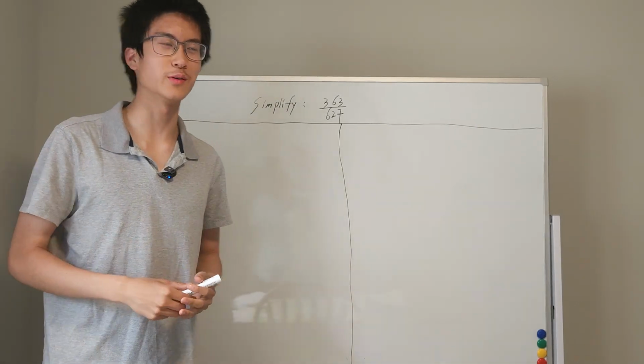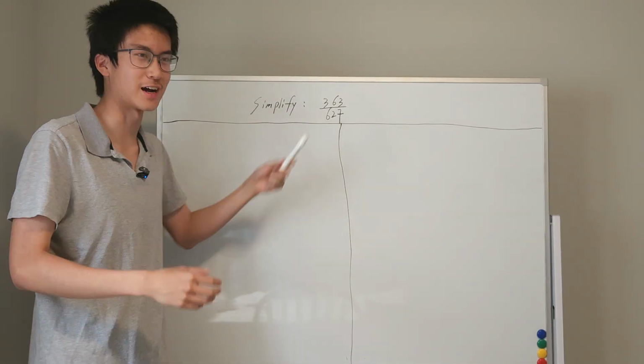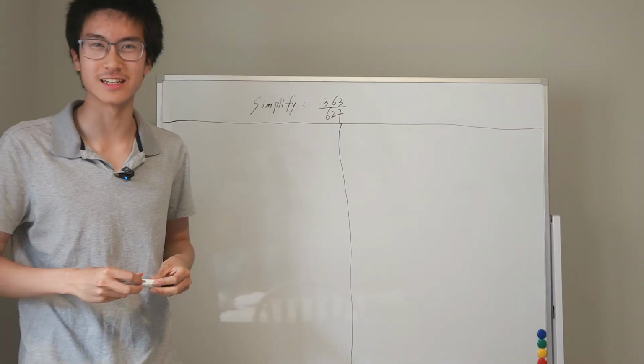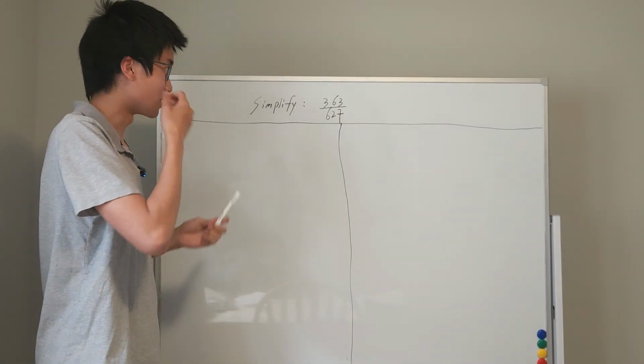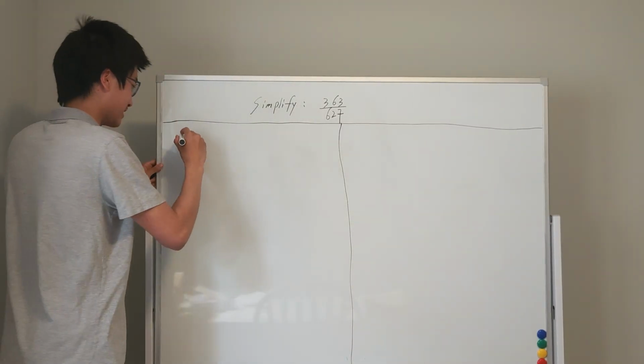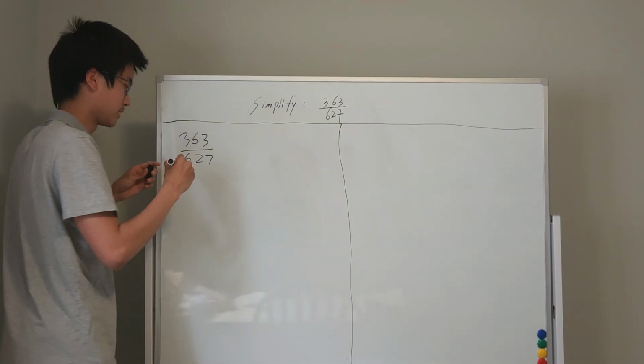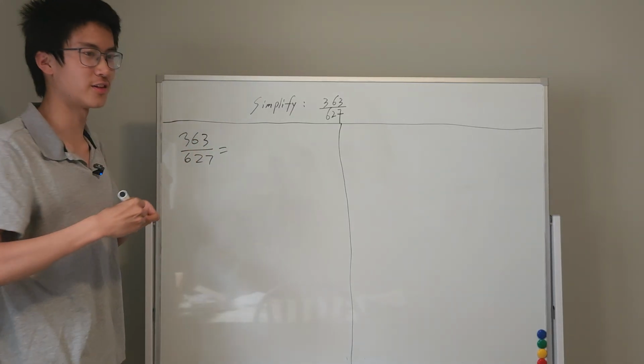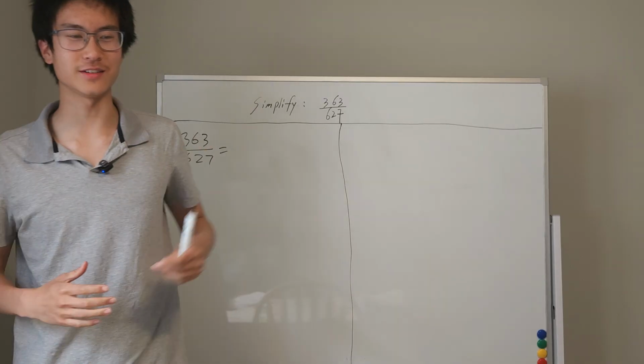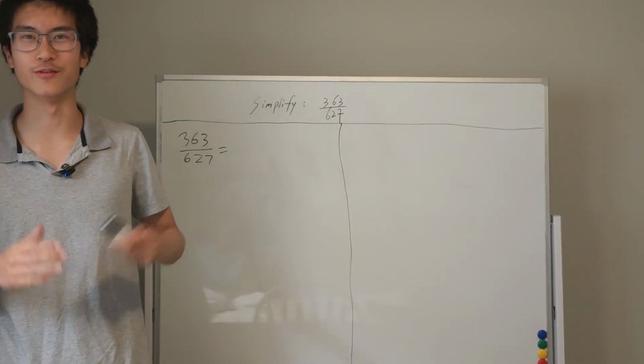Hello everyone, today we will be simplifying this fraction with huge numerators and denominators. So this is our first method, 363 over 627. The first method is just to try some easy factors such as 2, 3, or 4, those